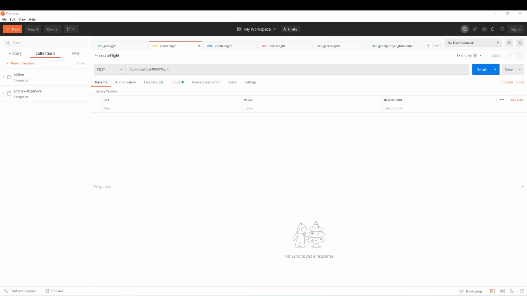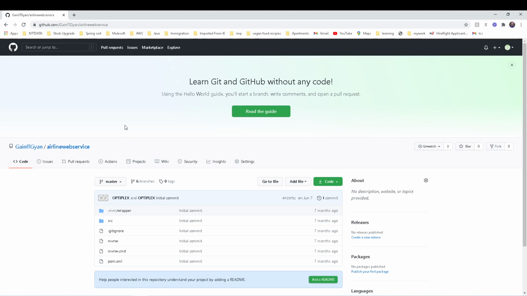So in this course, we're going to use a RESTful web application which we developed in our previous course, R for RESTful Web Services, and we're going to add security to our resources. First, let me walk you through the application that we developed. The first thing is we need to go to GitHub and pull the source code. This is a public project where you can pull the source code and add it to your